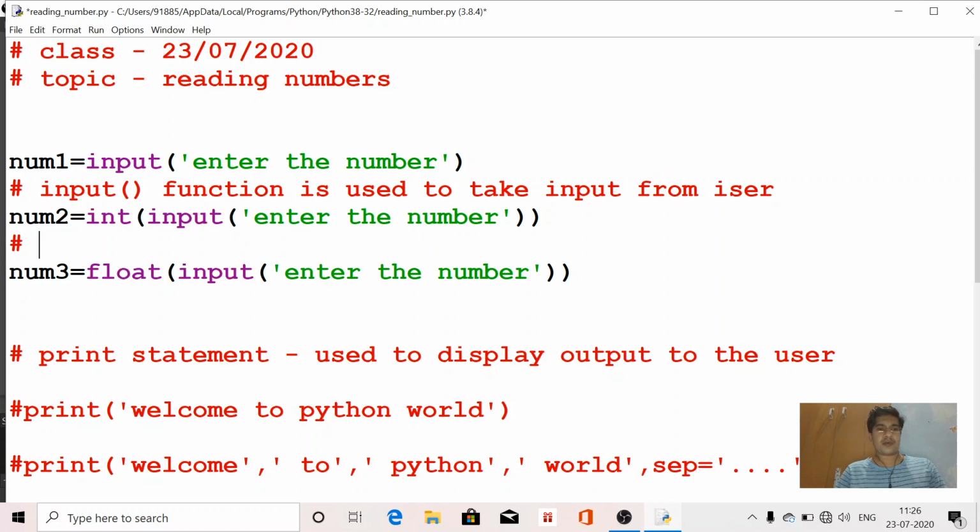int input, we have used the int function before the input function.